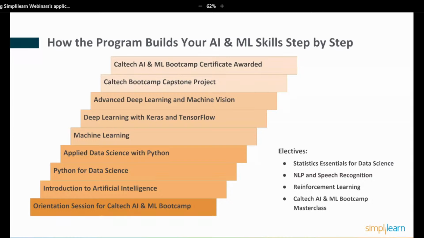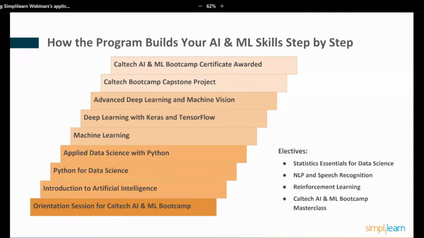Look at reinforcement learning. And then you have a series of Caltech masterclasses that are taught by the instructors from Caltech CTME and delve into deeper topics of what's going on in the industry and what new areas are emerging in AI and ML.